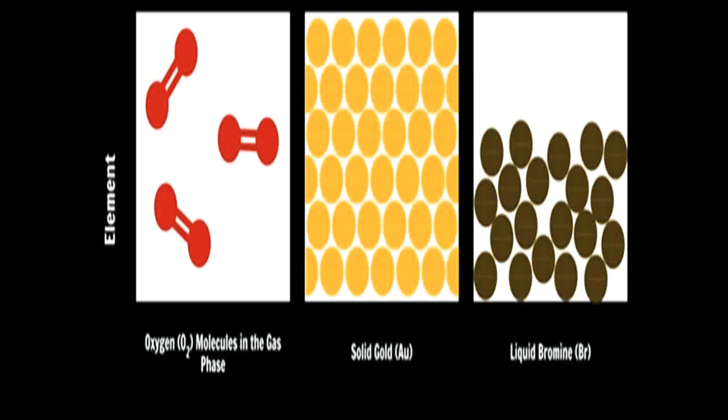a pure substance. Secondly, you can see gold. Various atoms of gold are arranged in the form of a stack. Here all the atoms are of gold, so it is a pure substance. The element gold is a pure substance. Next comes bromine. You can see the brown atoms of bromine, and as all the atoms are of bromine, it is a pure substance.